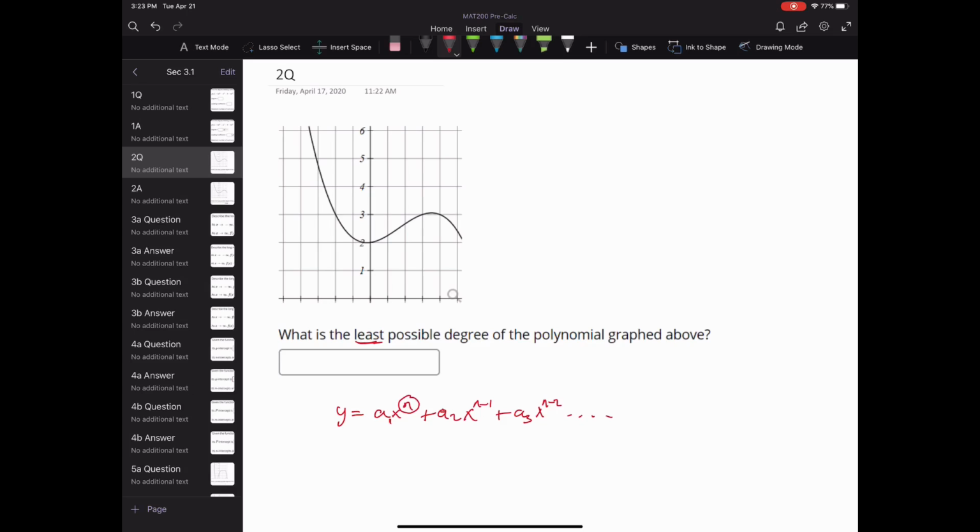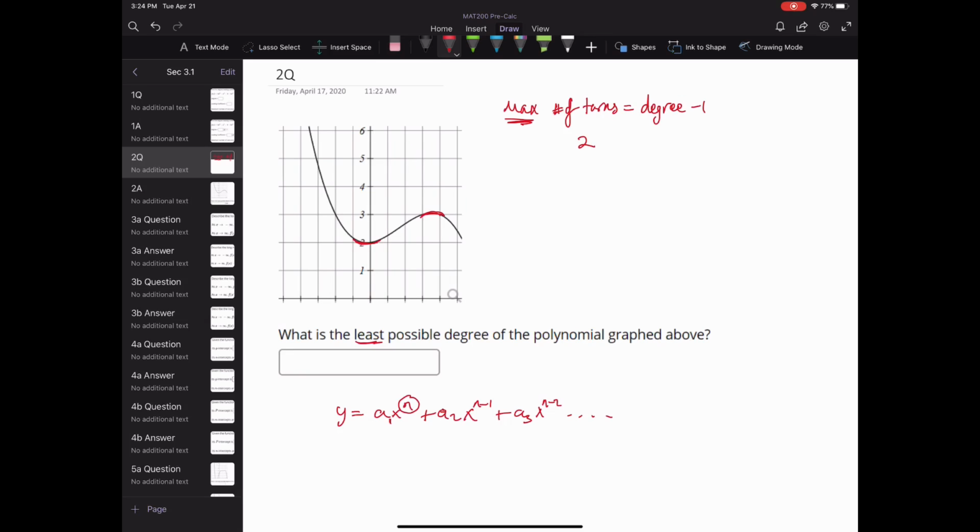Well, I don't think it's a theorem, so I don't want to call it that, but there is a known fact that the max number of turns is equal to the degree of the polynomial minus 1. So let's just say this is 1 turn, this is 2 turns. So if the max turns